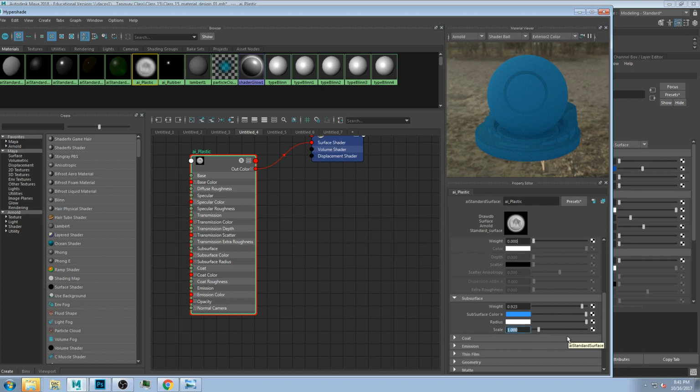Okay, and the scale for an object like that being the main thing here. So as I play with this, you'll see when it was up at 1, it almost looks like it's just made out of, I don't know, gummy candy or something like that, and that might be fine. But as I tweak this down, you'll see it start to become more solid, and sort of get more definition, right? So if I go to 0.2,